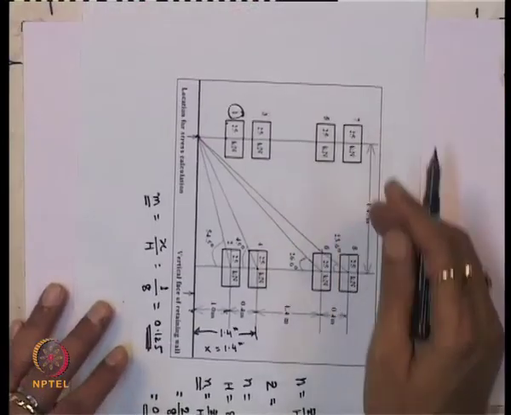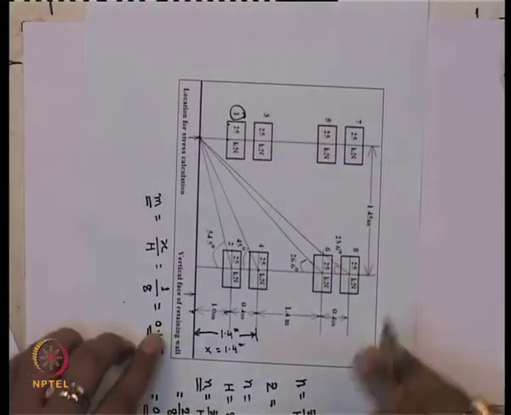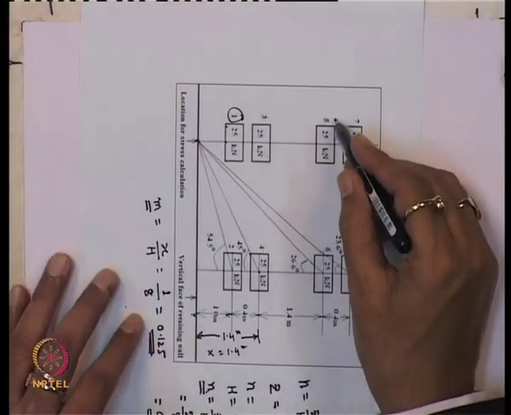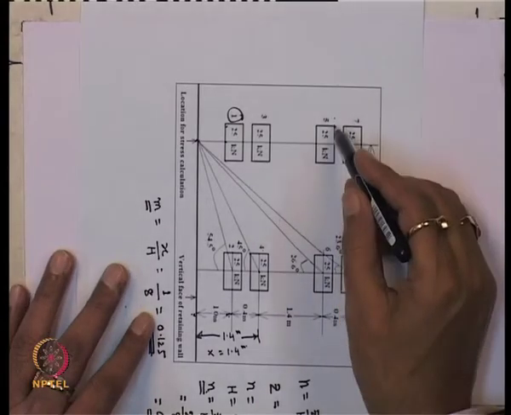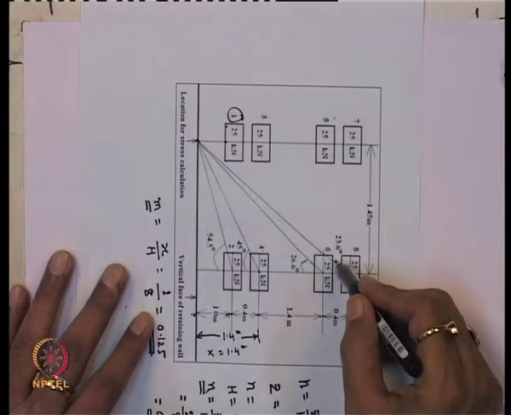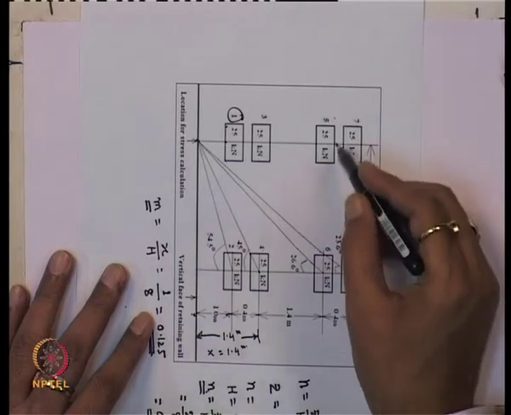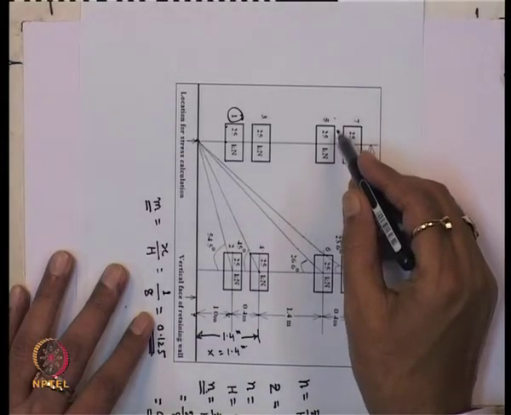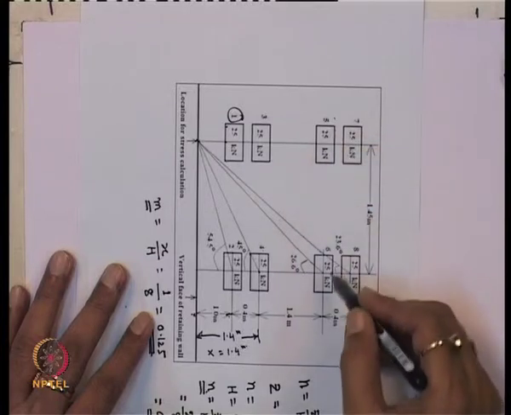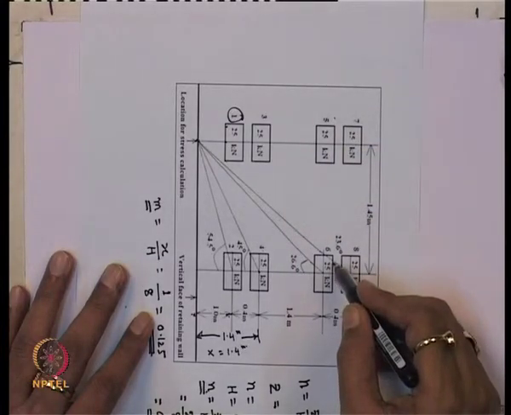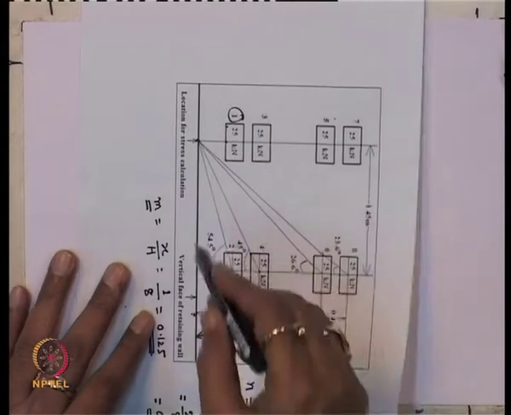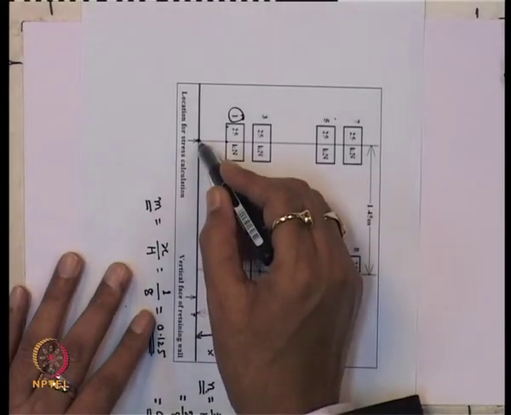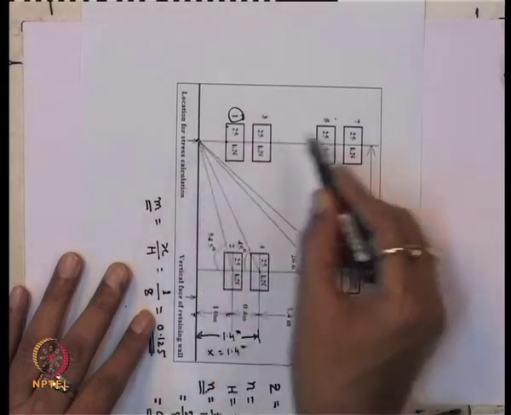So this is the 5 here and this is the 6. So 5 and this is 6. So we have to calculate what will be the stress for the wheel 5 as well as wheel 6. So the location of the stress calculation is at this point.